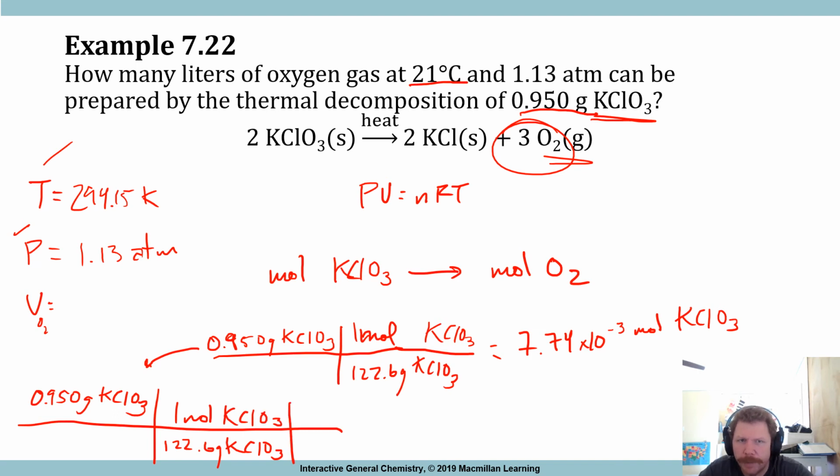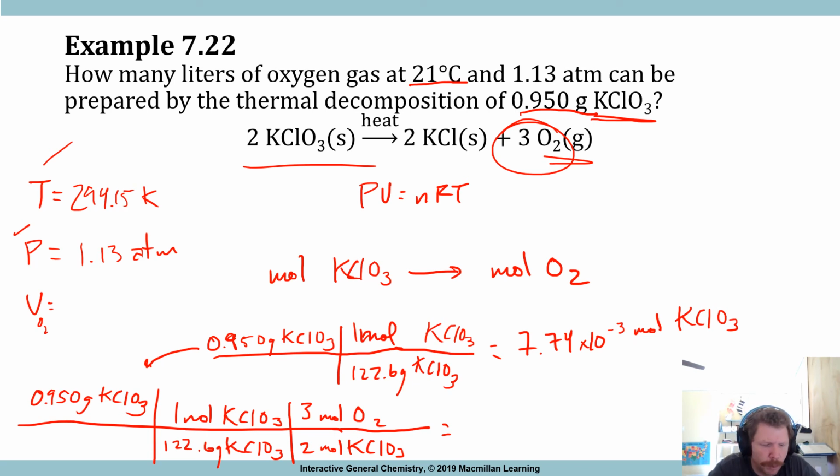And then my balanced chemical reaction tells me 2 moles KClO3 and 3 moles of O2 is going to give me my number of moles of O2. So 0.950 times 3 divided by, parentheses, 122.6 times 2, close parentheses, equals